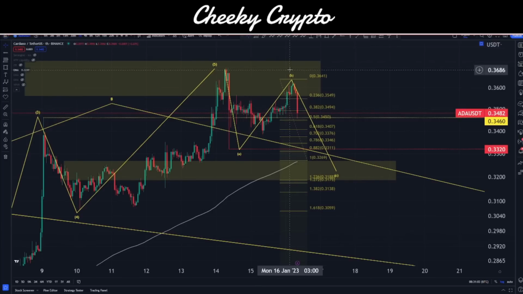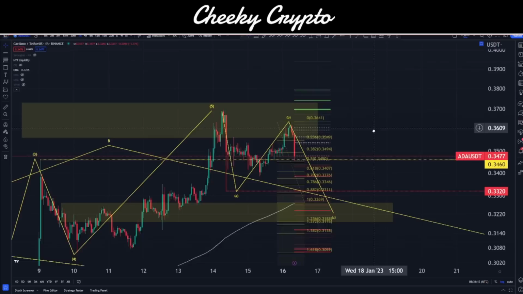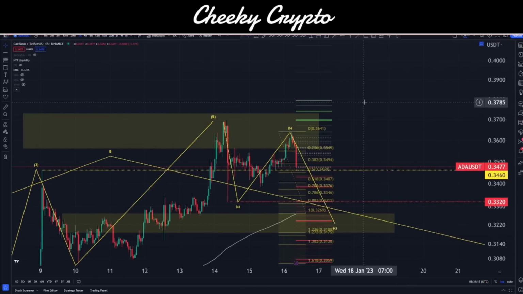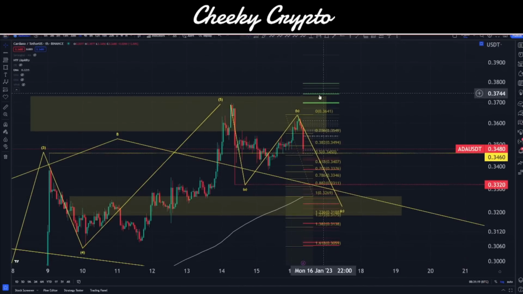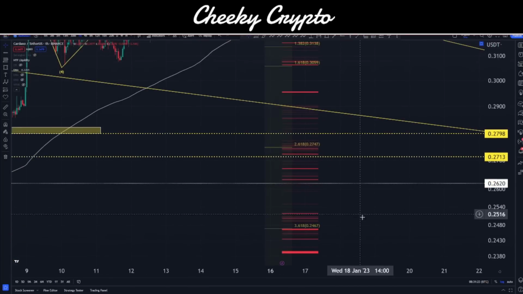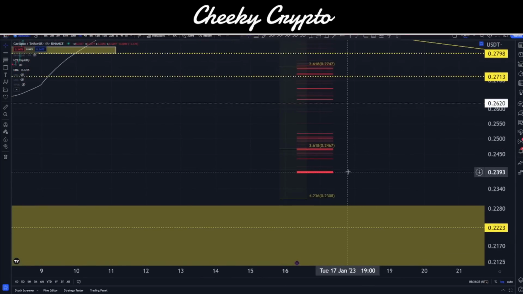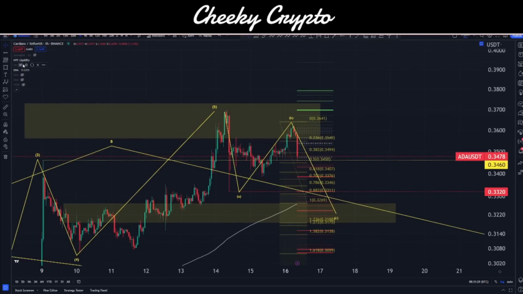So yeah, we'll see. Obviously, Monday morning comes around, we see a bit of red in the market. We have, of course, seen all of this liquidity getting grabbed right here because there were a lot of long positions getting wiped out. There isn't terribly much to the upside here. It's actually stacked up quite higher on the price chart, whereas realistically, we've got a nice even spread of long positions that could be liquidated all the way down towards 23 cent. So it's going to be interesting to see how that plays out.